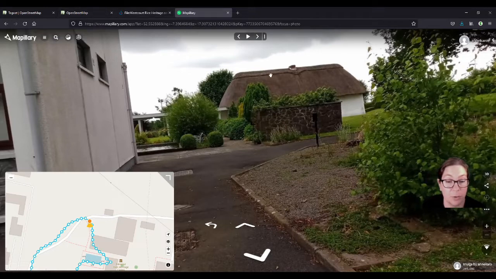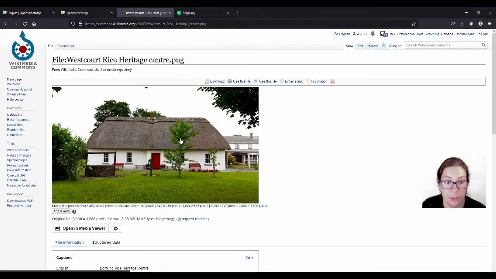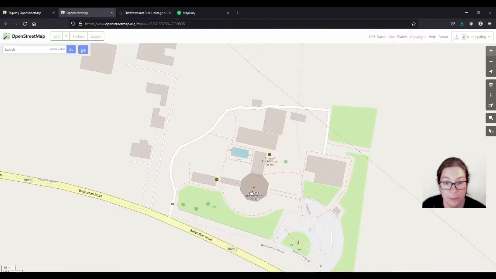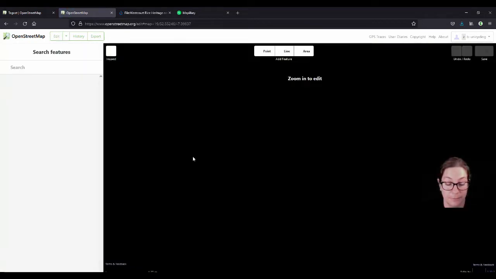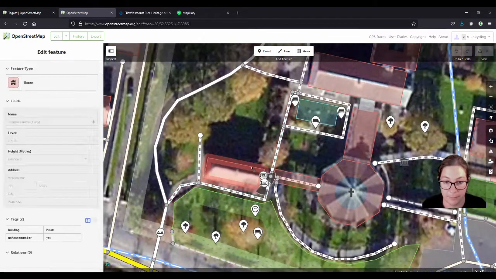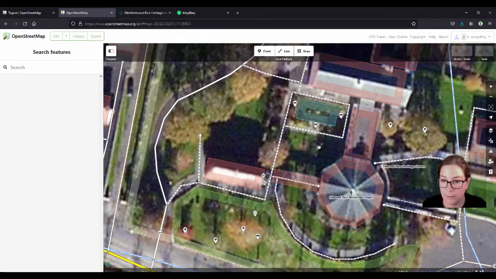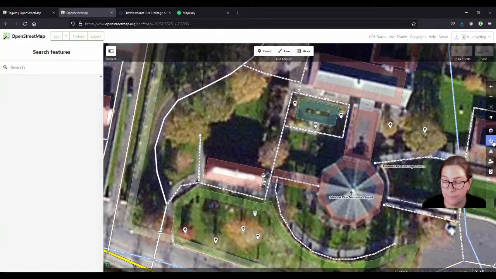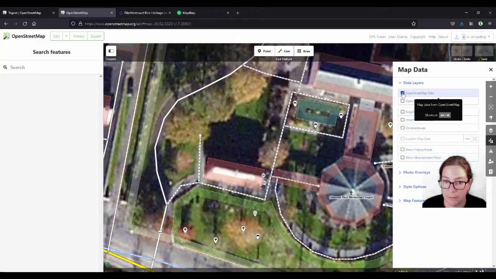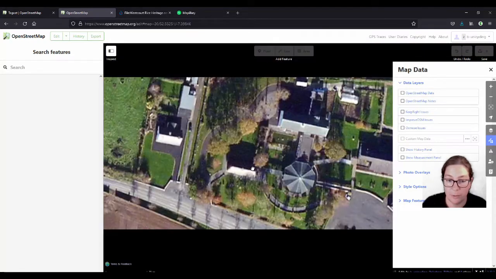But first of all, we're going to go and add the information to this house here. It's, as it says at the top there, the Edmund Rice Heritage Centre. And I'll open it here. So I've mapped loads there, as you can see, and I'll just go into edit and highlight this building. You see the color is already a bit different to the slated roofs. I can disable the OpenStreetMap data to give you the plain view in the satellite imagery.